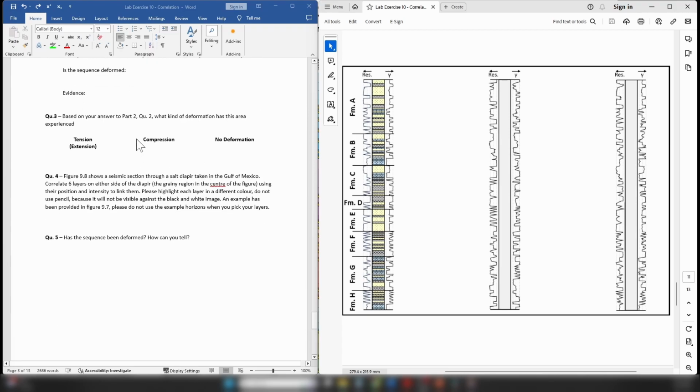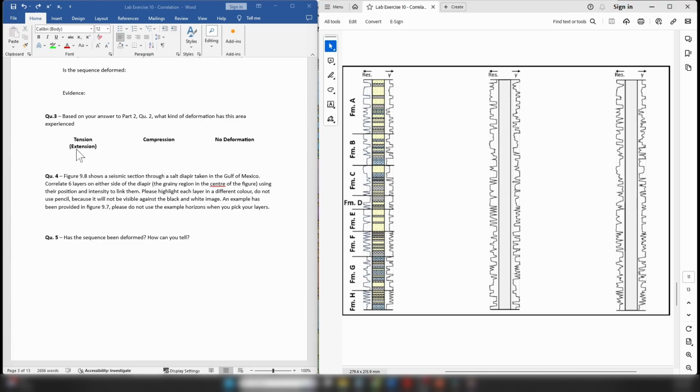So for question 3, it says, based on your answer to part 2, question 2, what kind of deformation has the area experienced? If you remember, in the event that you have perfectly level boundaries between all 3 locations, obviously no deformation has occurred. There's no folding, there's no faulting. Now, in the event that you do spot some kind of feature that you believe is indicative of deformation, well, in the event of tension, which is stretching your layer of rock,